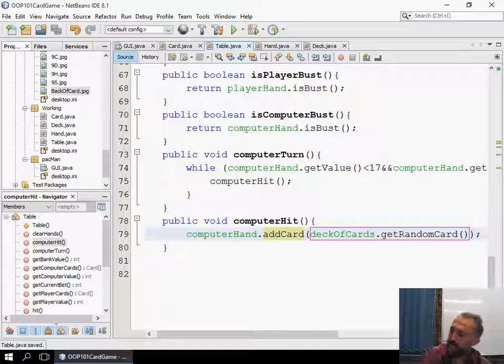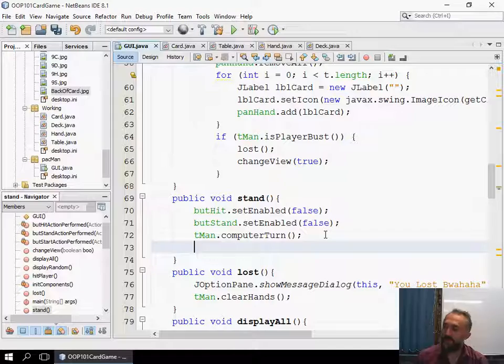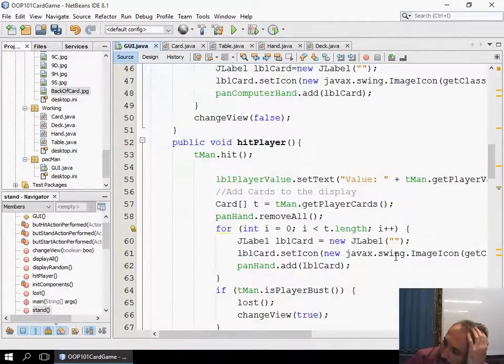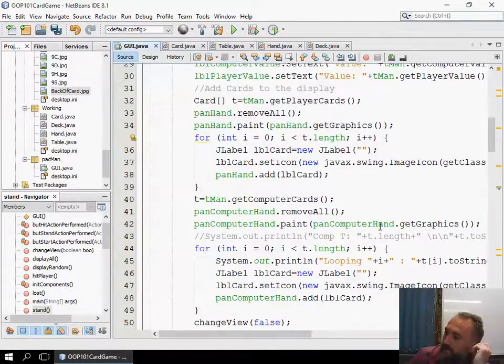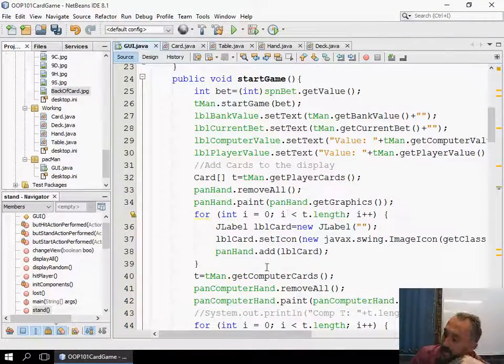Okay, so we're literally adding the cards on every single time we need to loop, and this will be completed. Now, on our GUI side, now that we've gone through the computer's turn, we need to update the display of the computer. So I'm already starting to figure out that I'm actually being a little bit stupid with regards to this. In my start game, I should actually have a